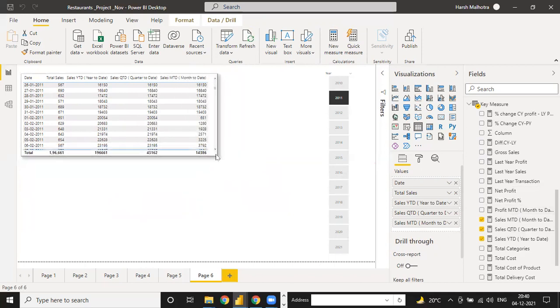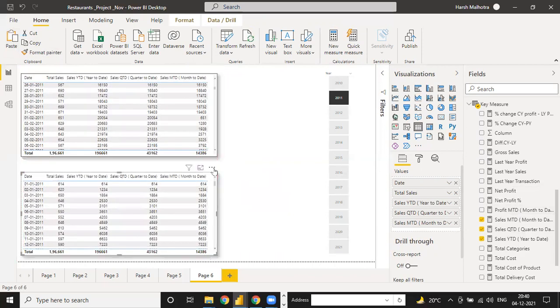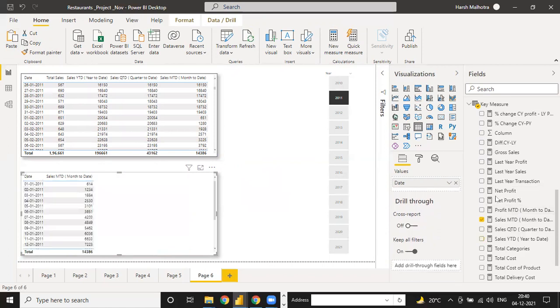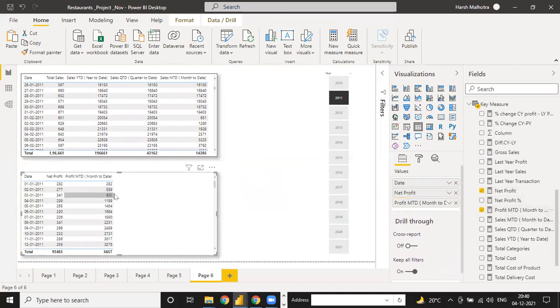Okay, copy and just paste. So instead of total sales YTD, QTD, enter new net profit, enter profit MTD, and see it will be starting and ending on the month end only.